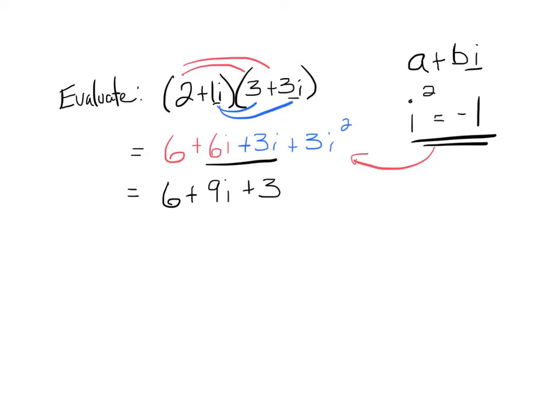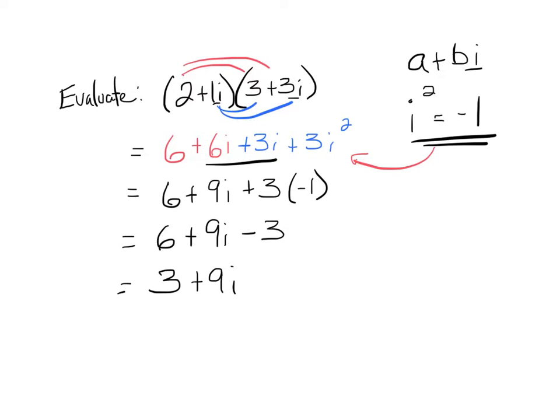So in this last term, this is really a 3 times a -1. And what that has the effect of doing is it just changes the sign of that last term. And I'm going to combine the like terms of 6 and the -3 to get a 3, and then